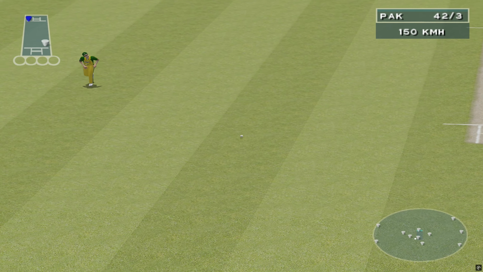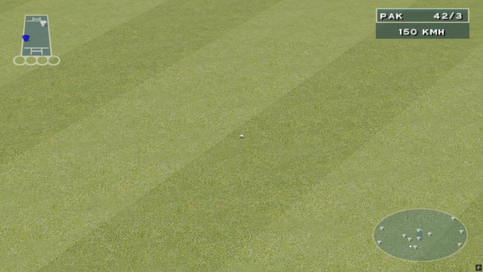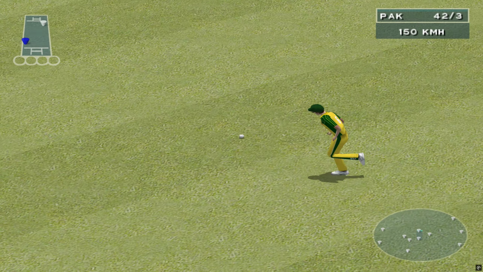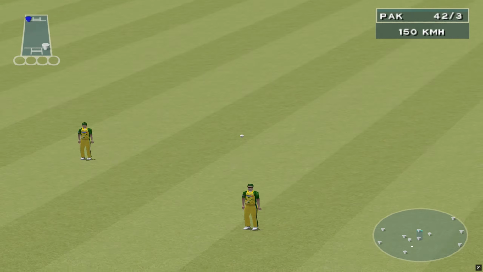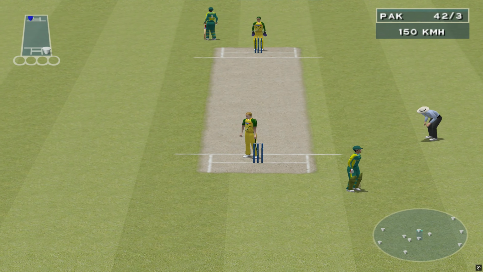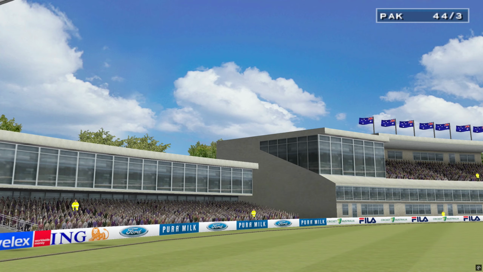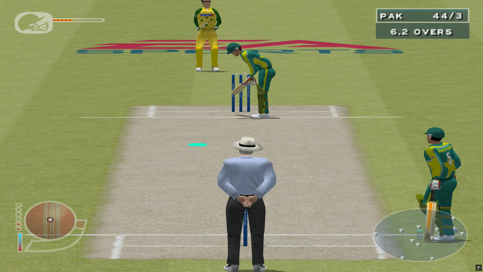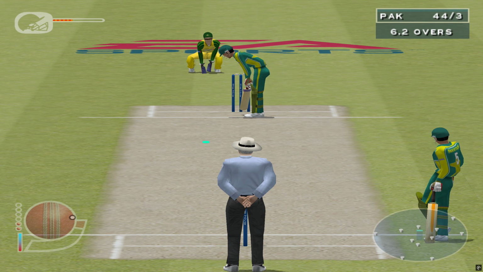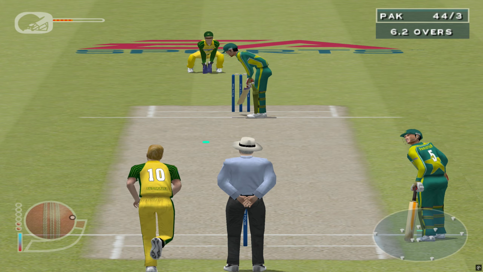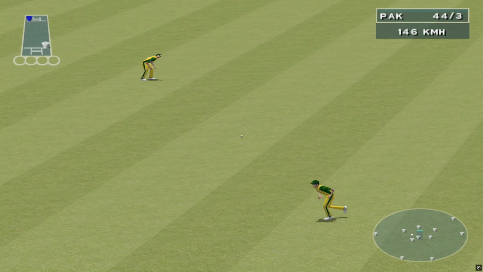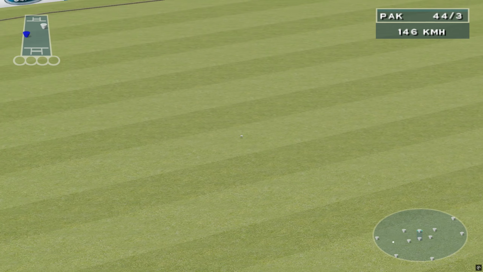Bevan. Chasing that one. Another 2 for Yousuf Youhana. Stroke through the covers.